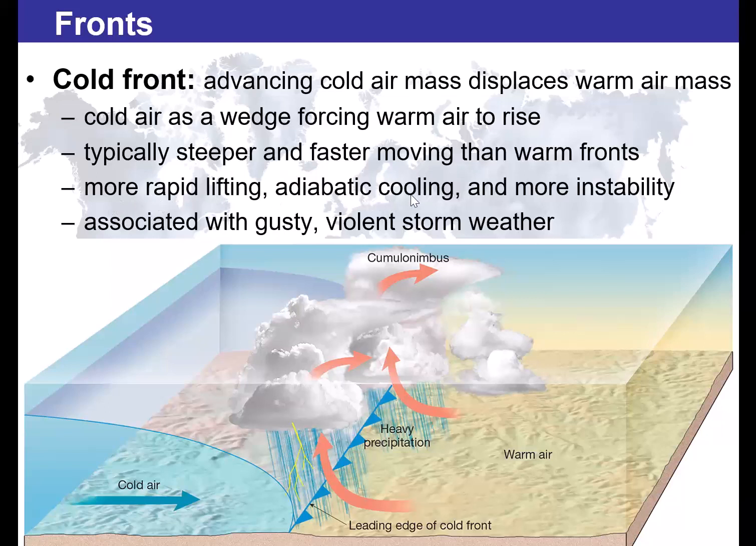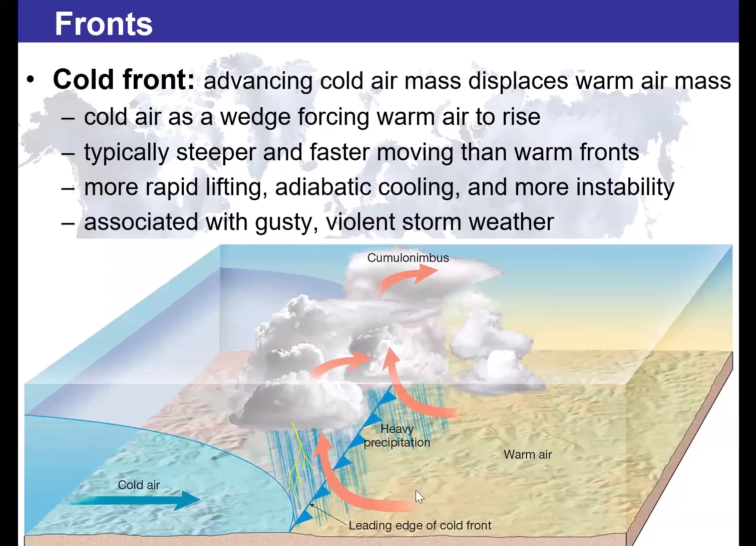Adiabatic cooling, we also just learned what that is, right? That is the cooling of the atmosphere not due to a change in heat, but due to the expansion of the air parcel. So there are more and more dense air parcels lower to the ground, and as that air parcel rises up into the atmosphere, it is going to expand due to air pressure and density, and that is going to force that cooling. And so when that happens, we know that the atmosphere becomes unstable, right? It is less stable as that air is rising up,